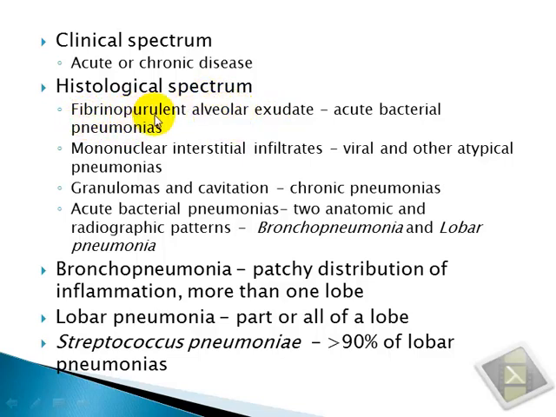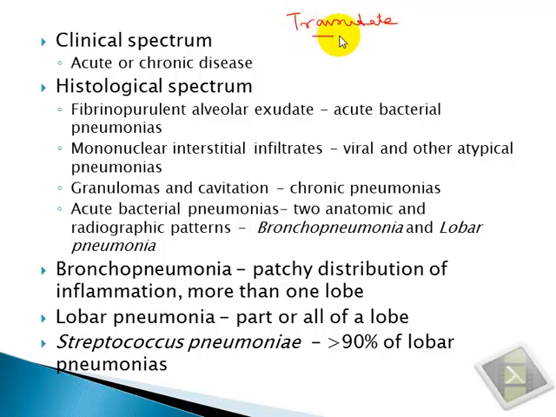Along with, you see purulent, that means you have a lot of neutrophils, you have a lot of pus, you have a lot of necrotic debris going on. Then you have a lot of fibrin which has come here. When you see fibrin, that means we're talking about the exudate, right? When you say about the exudate, what is the second thing which you have to distinguish the exudate from? Yes, that's called as a